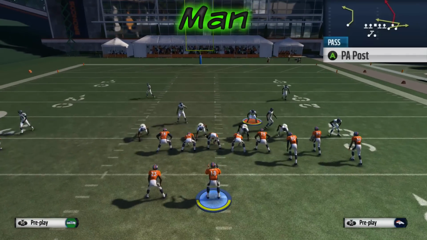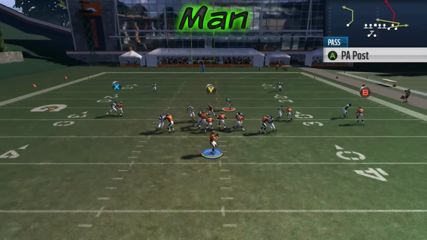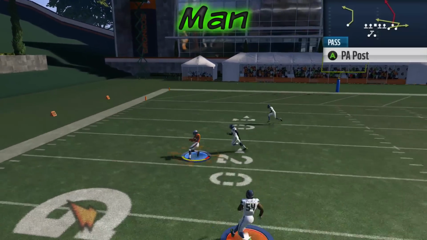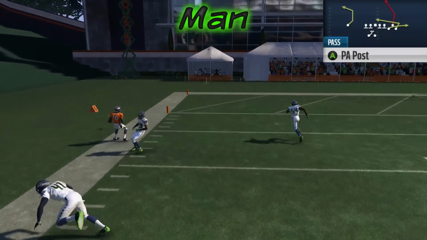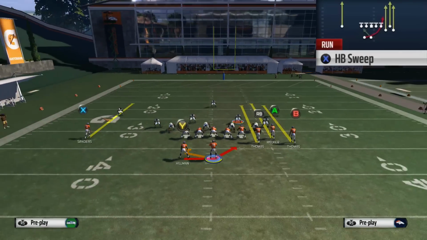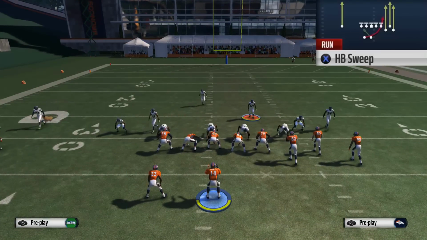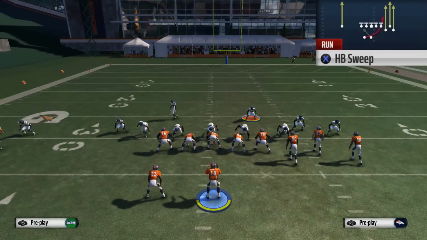So the next thing we're going to look at is the run game out of this formation. And I will say that the run game is pretty limited out of this set. You really have two plays that you can choose from, and one is the draw and one is the sweep. The play that we're going to focus on right now is the sweep. And the good thing about the sweep from the bunch is that you won't be outflanked to the right because you have so many receivers.